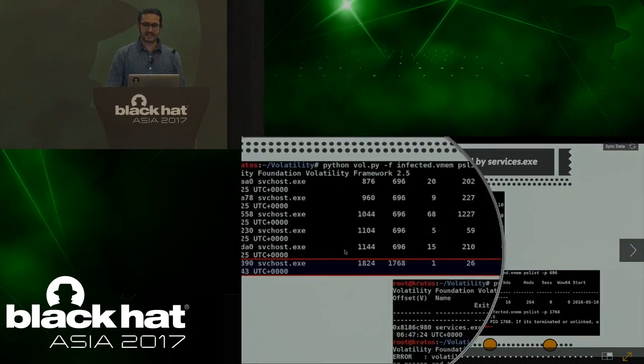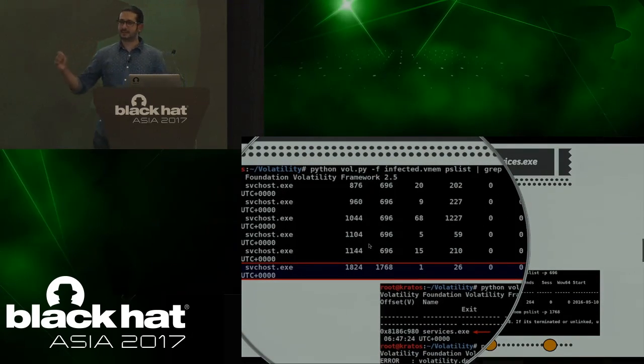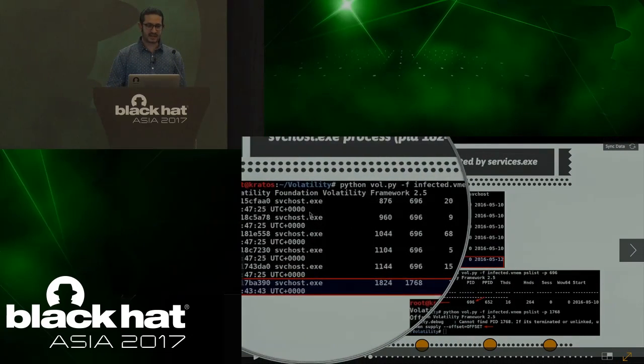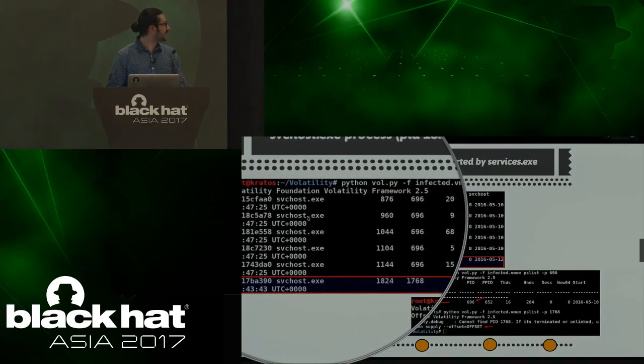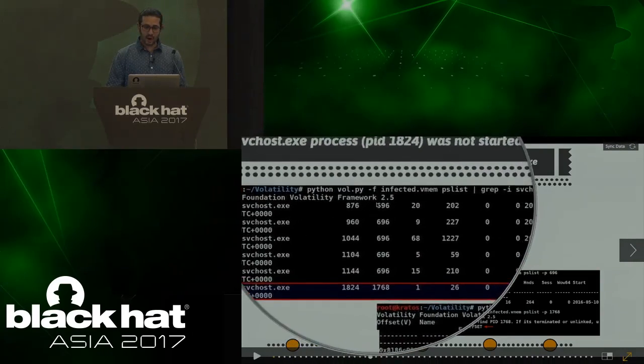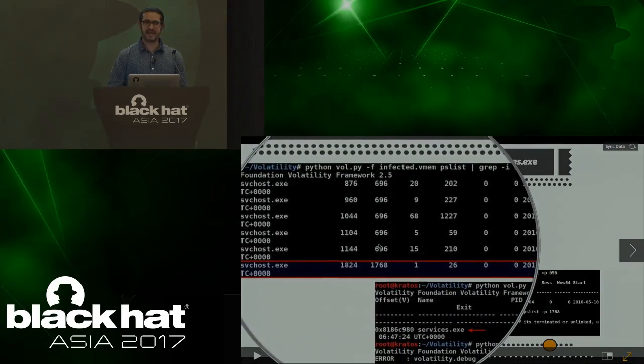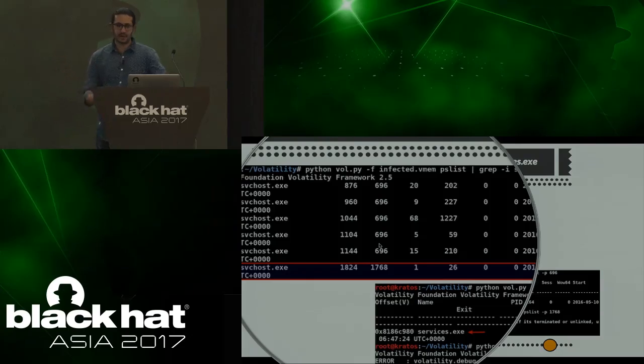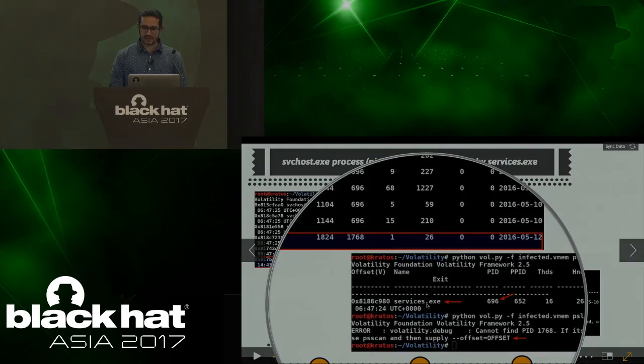So first, like I said, one method: list the process, look for the parent-child relationship. Here you see that there are multiple instances of svchost.exe running on a system. All the svchost.exe has a parent ID of 696, which is associated with services.exe, which is normal on a clean Windows system.